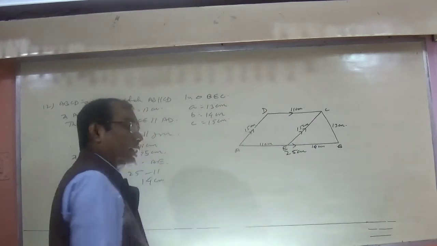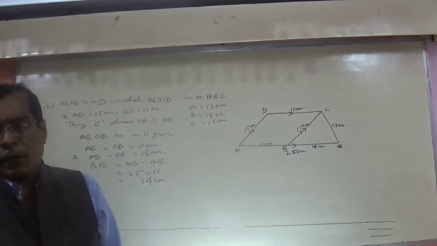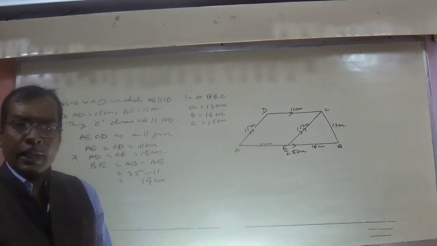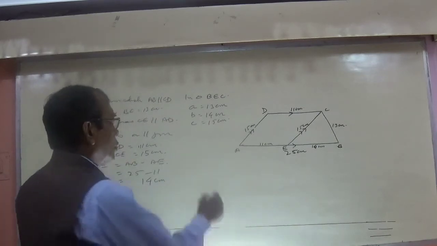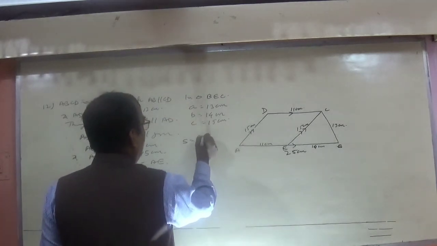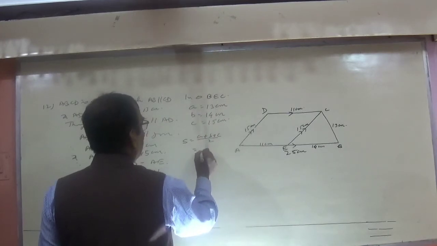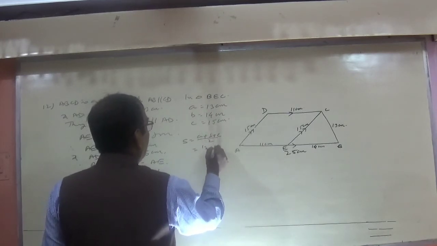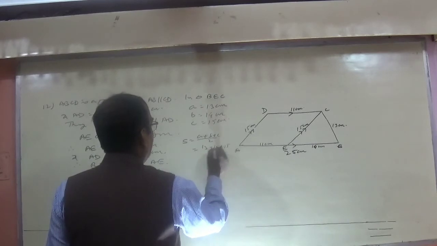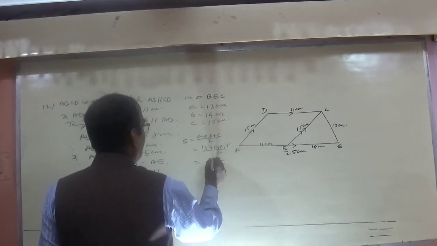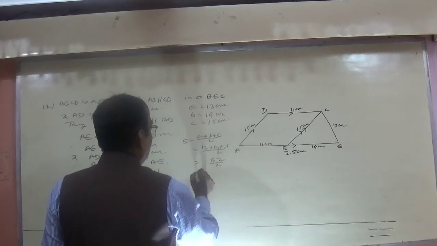You know very well that the area of a triangle is under root of s into s minus a, s minus b, s minus c. What is s here? Semi-perimeter. So s is equal to a plus b plus c by 2, which is equal to 13 plus 14 plus 15 by 2, which is 42 by 2